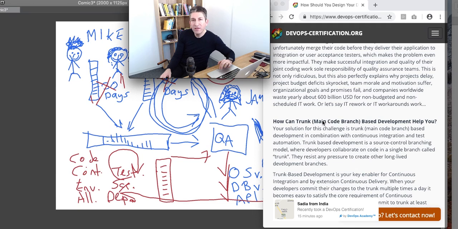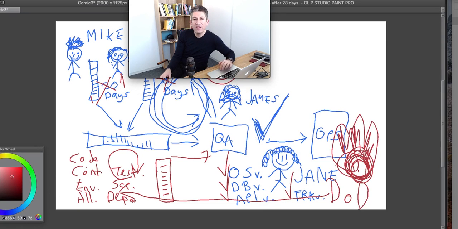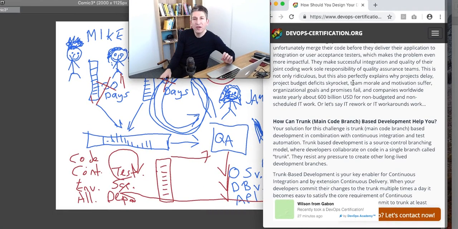This is not only ridiculous, but this also explains why we have difficulties to bring all components together, and this also explains why